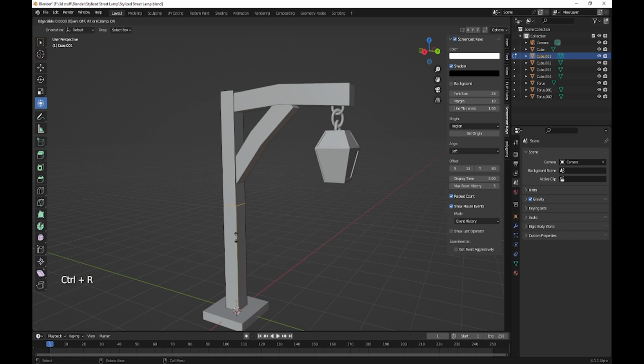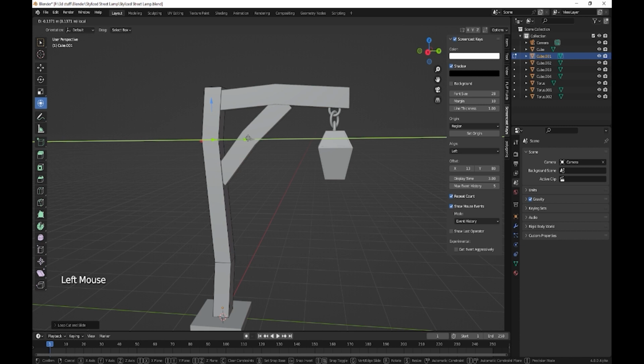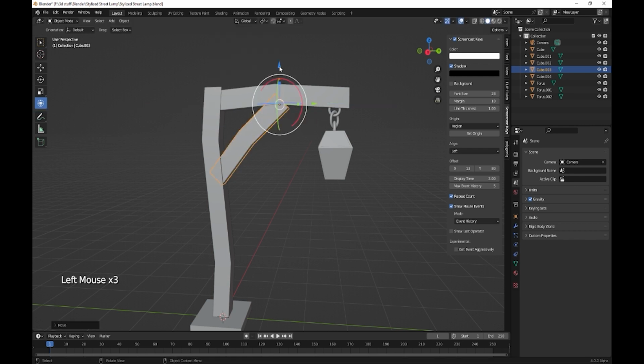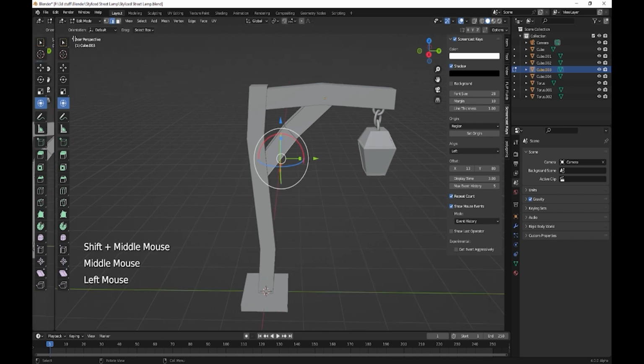I'm going to do one there and just bring it down, kind of bring it in there, and then maybe one up here, just to make it a little bit rickety. Let's just take that back in to here and up a bit. Okay, once you're happy with your design, let's go into